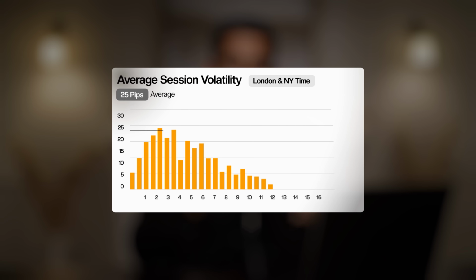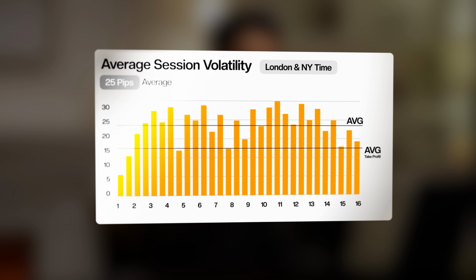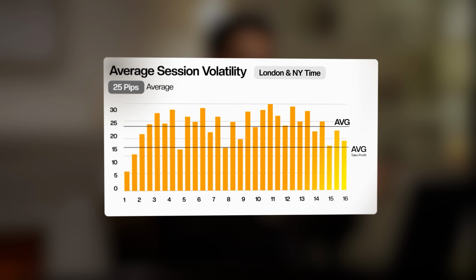But if you know the average session volatility of a New York session or a London session, it's 15, 20, 25 pips, and your average take profit is 15 pips. Within a session volatility, you can find your 1 to 3 risk reward within the space of 5 to 15 minutes. This is something that I've done hundreds of times in my life, in my public signals, in the live streams. I've done this so many times. Trust me, this is the best way to trade